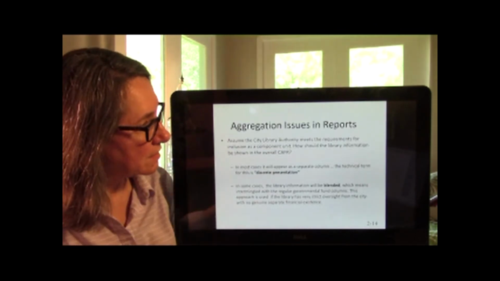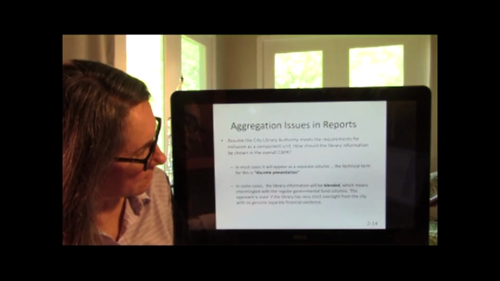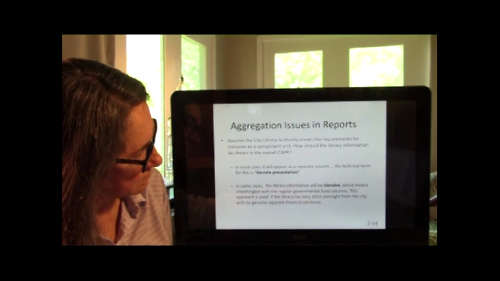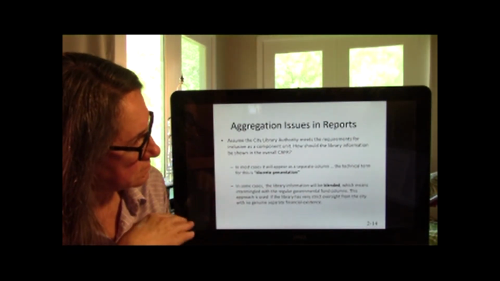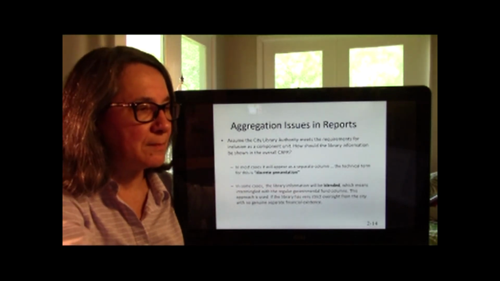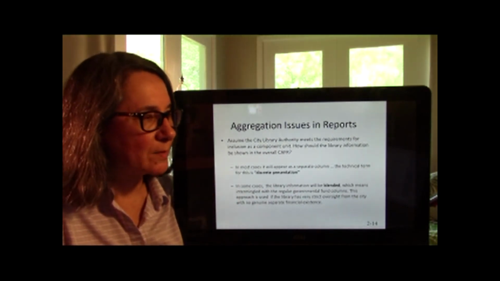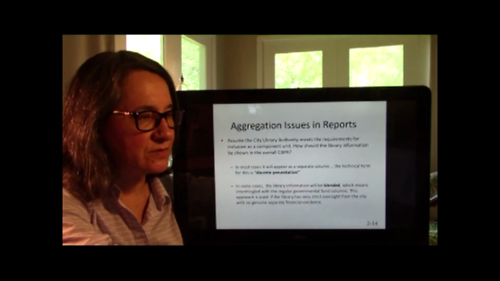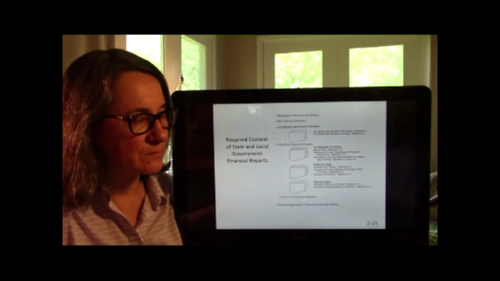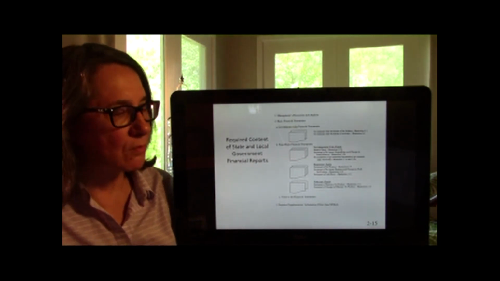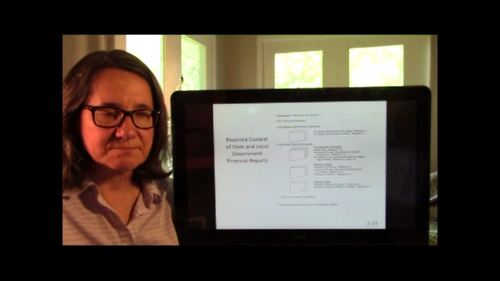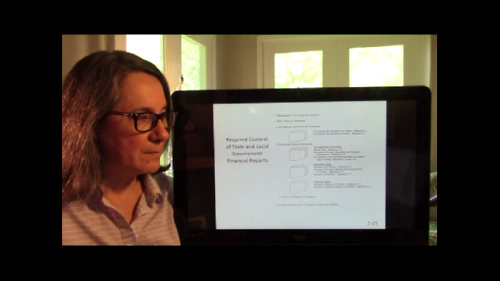So let's assume that the city library meets the requirement for separate funds. So they're going to be either discrete or blended. All right. So what is required in these? So if you got a set of financial statements